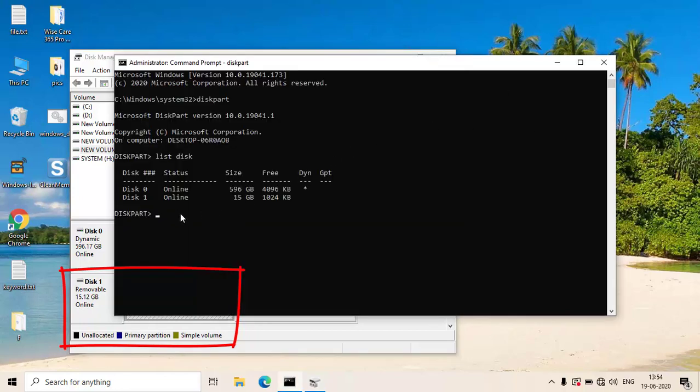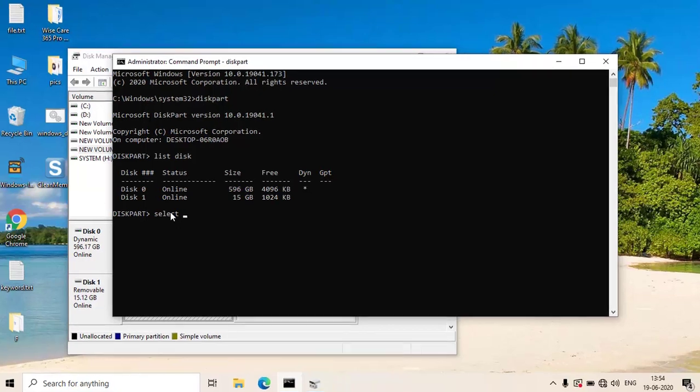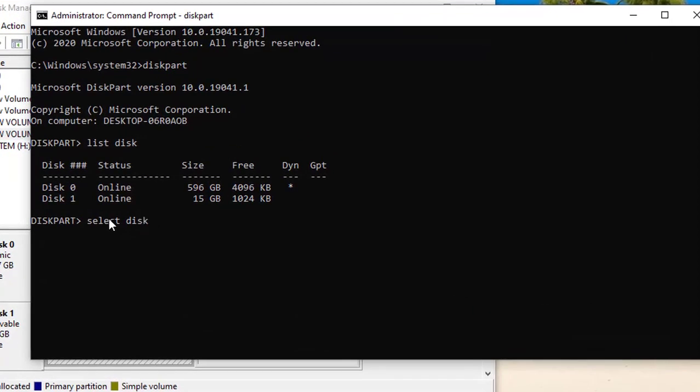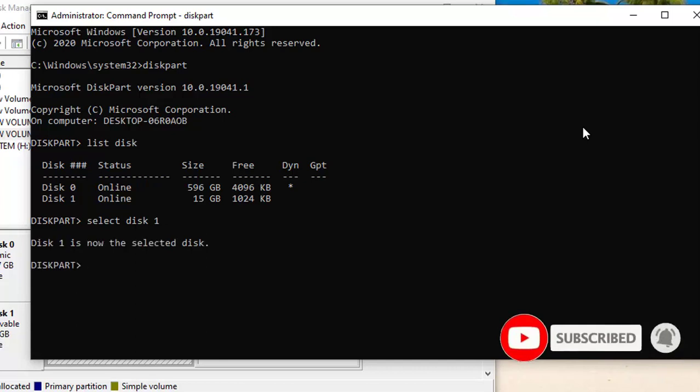So I'll go ahead and choose select disk 1. Make sure you select the right disk, else you will end up losing your important data. Now hit the enter button. Now once the disk is selected,